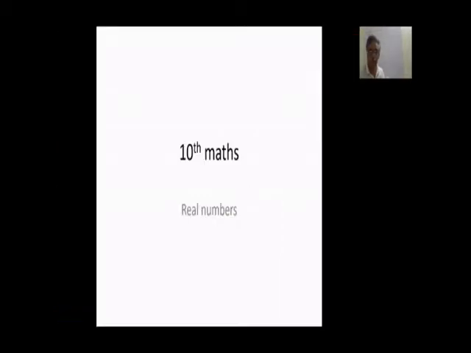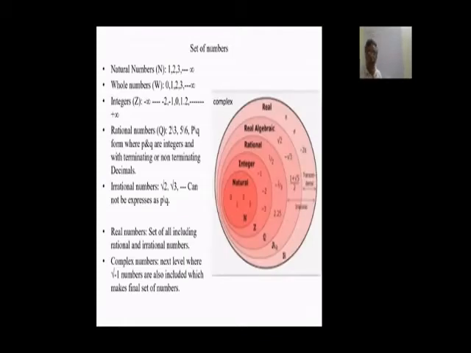Now see this. These are our first natural numbers. 0 is not there in natural, it is a whole number. 1, 2, 3 up to infinity is natural numbers, including 0 is whole numbers. When we add negative numbers, then we call them integers, represented by Z. Next are called rational numbers, in the form of P by Q: 1 by 2, minus 2 by 3, 2.25. These terminating decimals can all be represented as rational. Even non-terminating recurring decimals can also be represented in the form of P by Q.